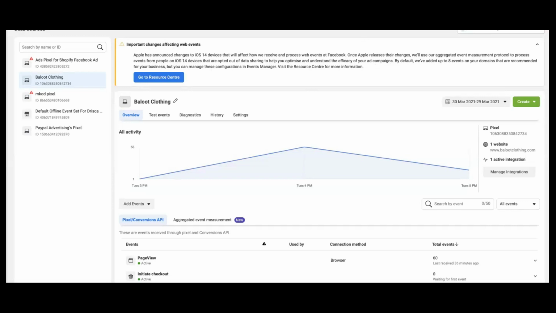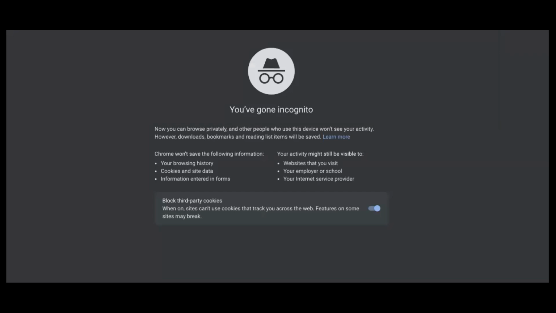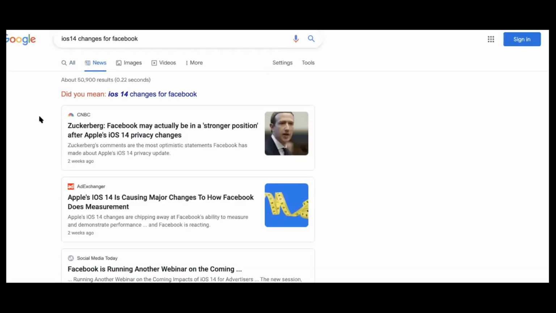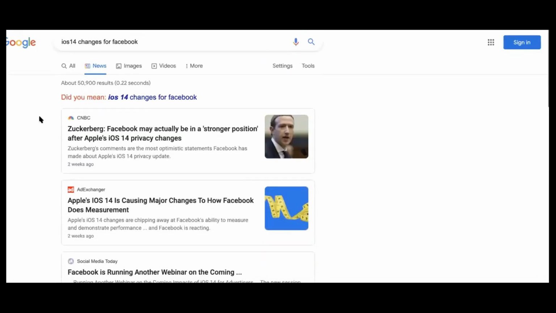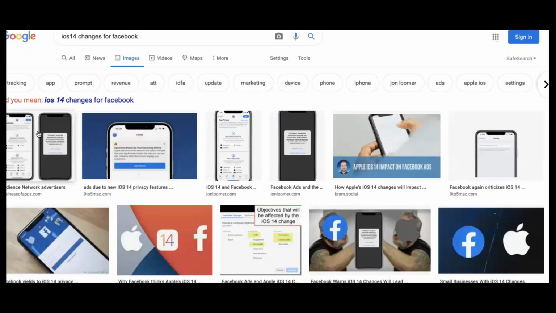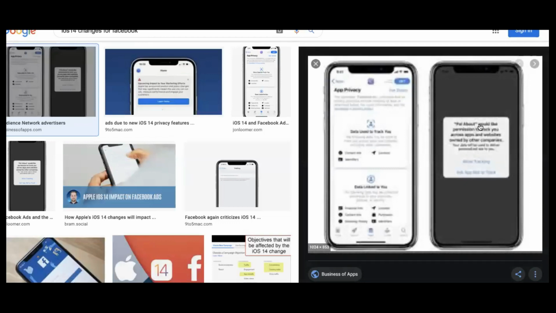So what that means, basically, if from Google we search iOS 14 changes for Facebook, and from these images you can see now that Apple is putting up a message to the people that they can opt out of these changes. So just as an example, from this image, you can see that